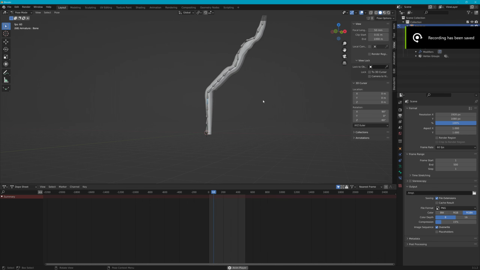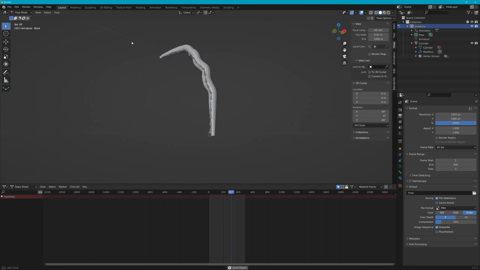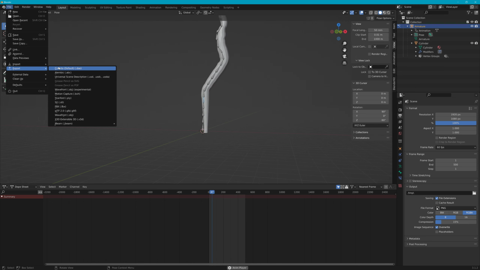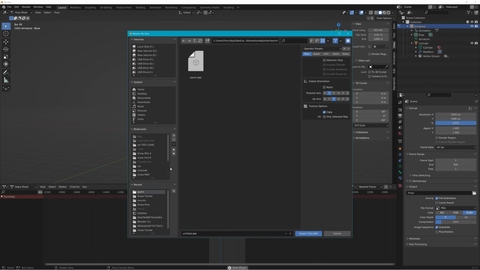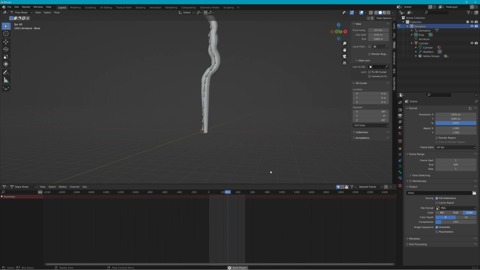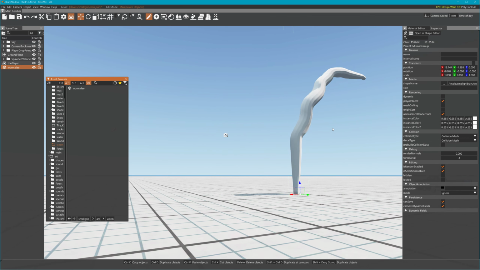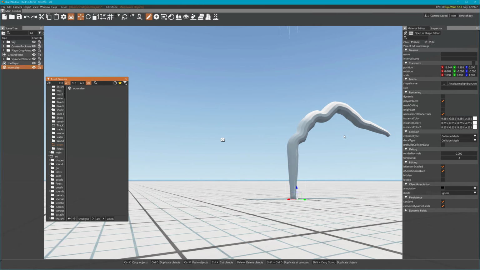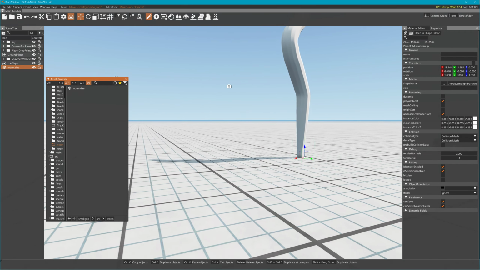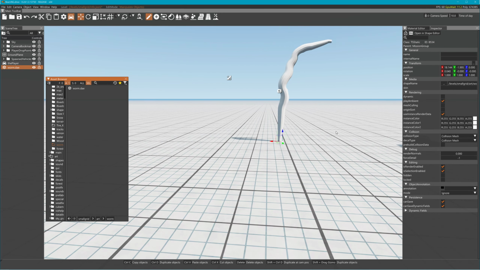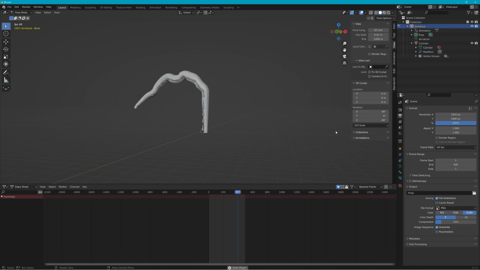So what I got is just a simple animation with bones, and as you can see, this is the correct animation type. So if I export this into the game and go to the game, you'll see it doing the same thing like it's supposed to do. It doesn't deform anything. Now this was made in Blender,